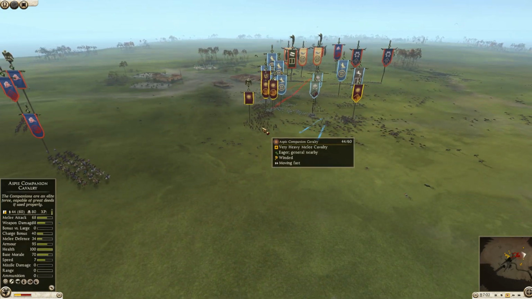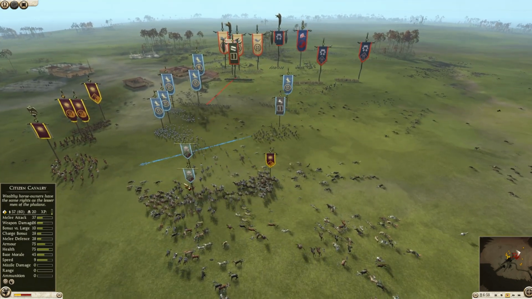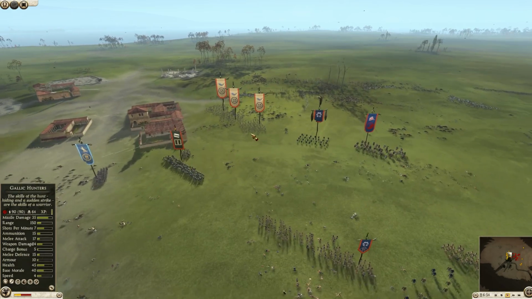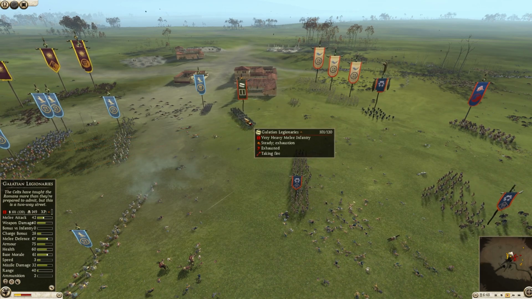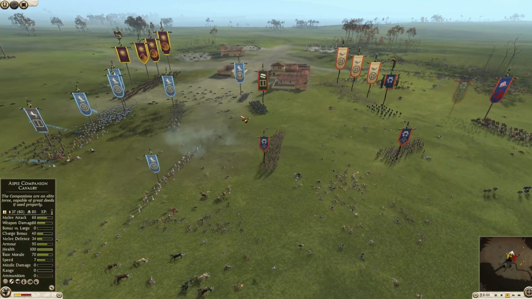So I'm trying to keep my cavalry mobile, trying to stay away and not just get shot up. Again, I've got a lot of cavalry. There's quite a bit of noble blood cav left, so this should be a close finish nonetheless. You see here the bit of exchange and missile fire. That Galatian Legionary, we don't really have much to oppose it other than the Chainbreakers, so we're going to have